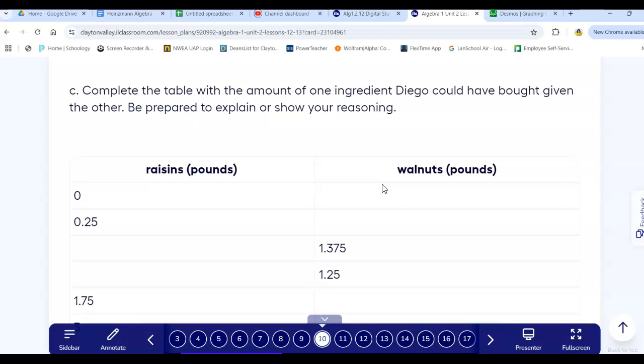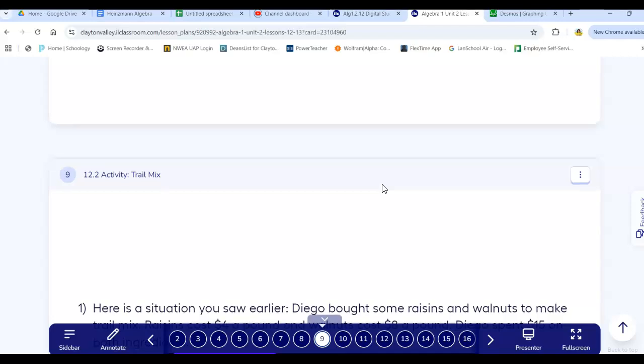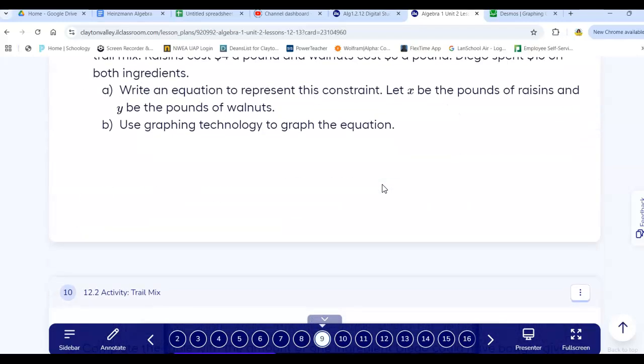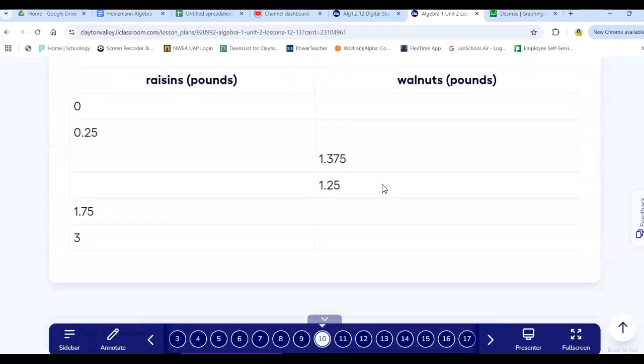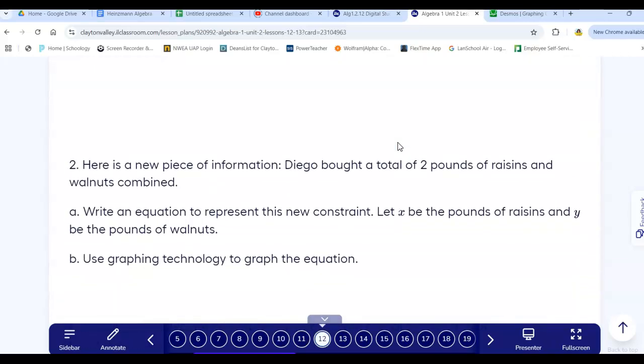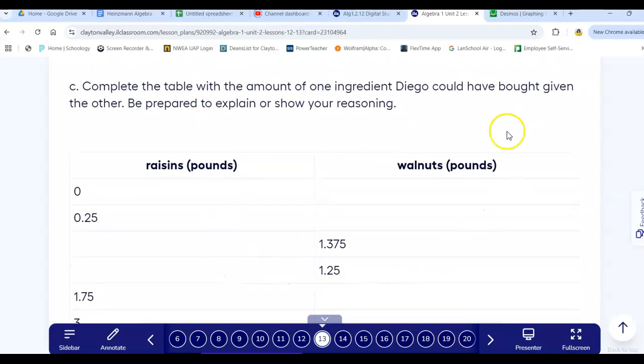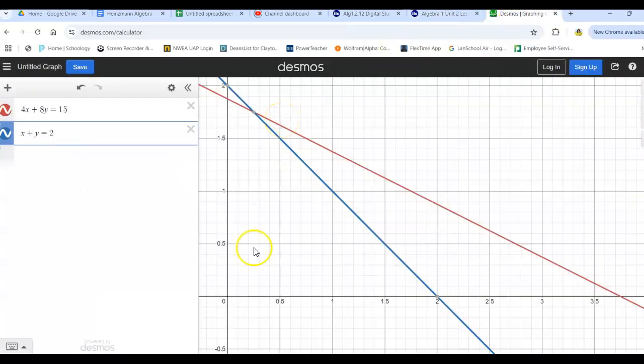So now they want you to do the same thing that you did for the money, okay? Oh, sorry. They do want you to do the same thing. So now they want you to finish this. So you would go to Desmos. You would say, okay, if I didn't buy any raisins, if raisins were 0, remember raisins are X